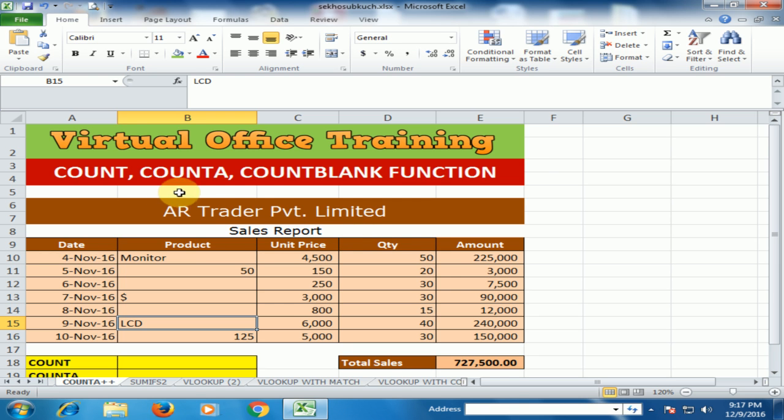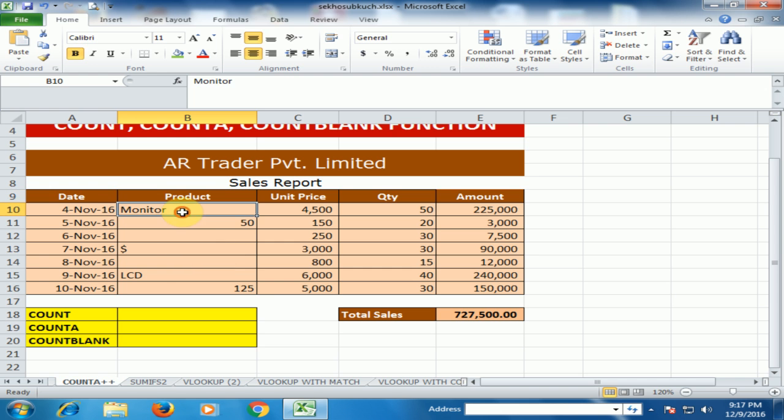Today we will learn how to use the COUNTA and COUNTBLANK functions in Microsoft Excel. Here is the data of AR Trader Private Limited sales report, and date, product, unit price, quantity and amount are given. In the product section, I type the product and some dummy data to understand the COUNTA and COUNTBLANK functions. There is a product and dummy data of numbers and special characters and blank cells,